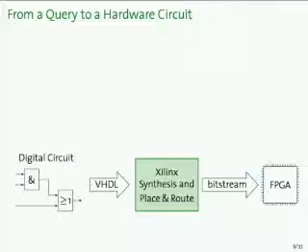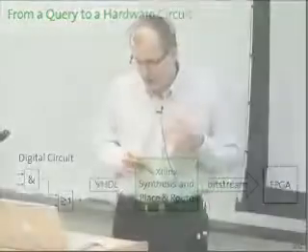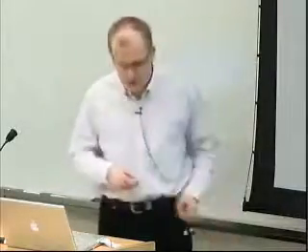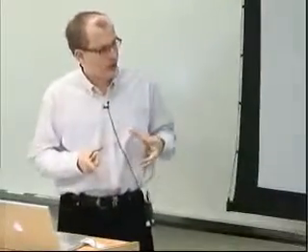So how do we get from a query to a hardware circuit? In general, the design workflow for FPGAs is, you start with your digital circuit, you express it in some form of hardware specification language. So, for example, VHDL. You run it through a magic box of tools that will compile that code and place and route the components on the chip. And what you're getting then is a binary blob that you download on the FPGA that will then configure what functionality these gates implement. This is the traditional FPGA workflow.